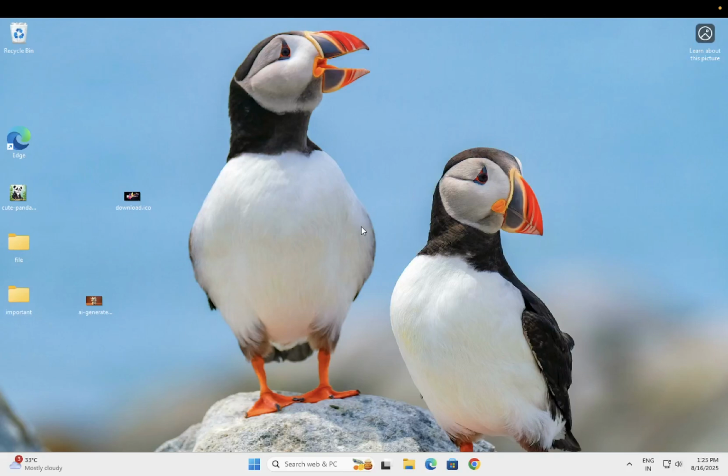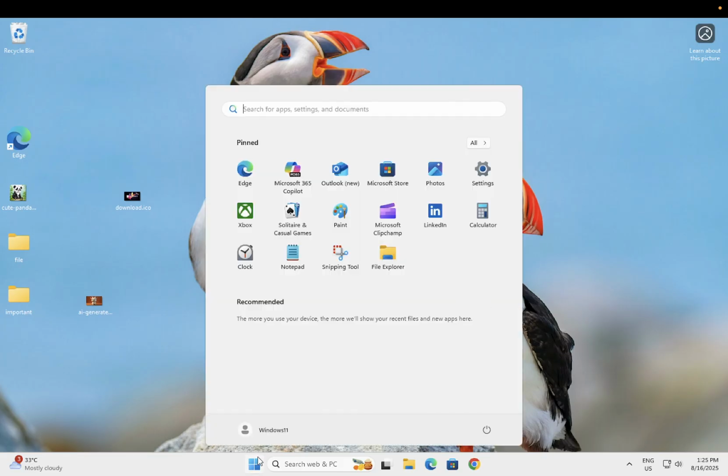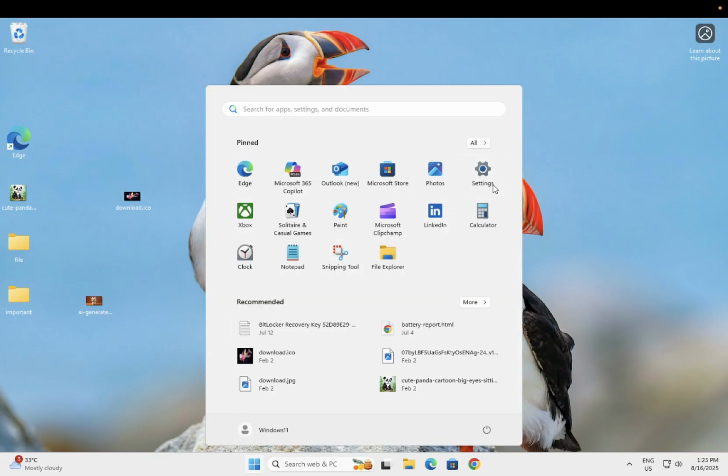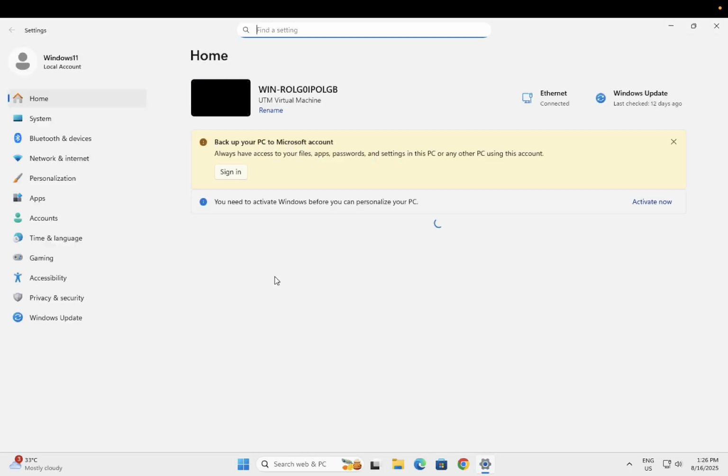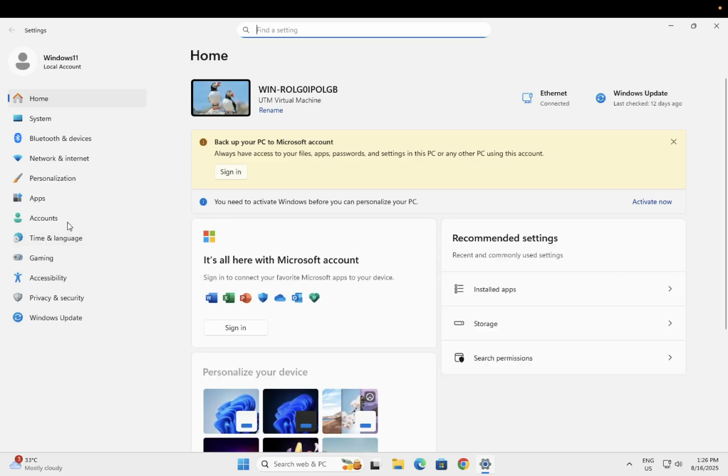In this video guys, I'm going to guide you how to add another user or guest user on your Windows 11 computer. So click on start menu, then click on settings, and once you click on settings, we are creating the local user on our computer. So click on here accounts,